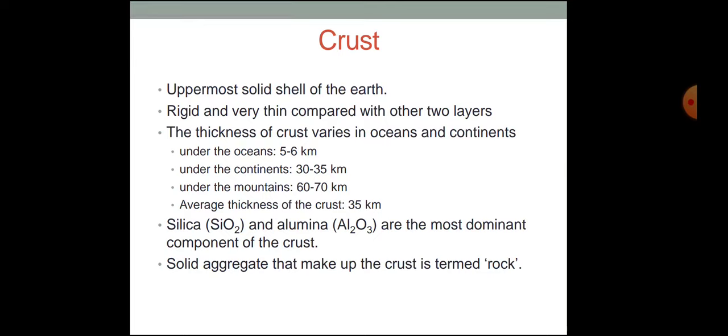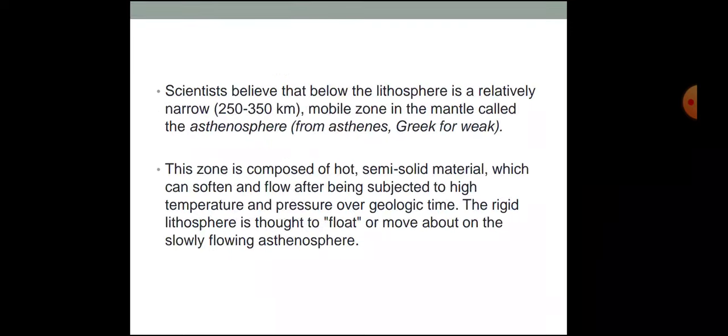Silica, SiO2, and alumina, Al2O3, are the most dominant components of the crust. The solid aggregate that makes up the crust is termed rock. Scientists believe that below the lithosphere is a relatively narrow 250 to 350 km mobile zone in the mantle